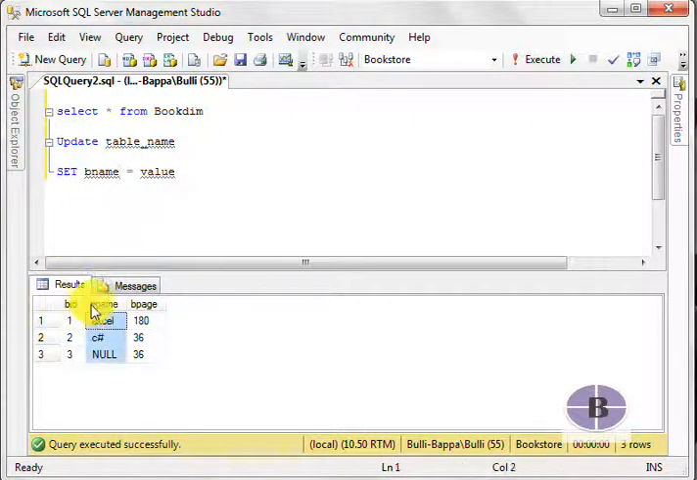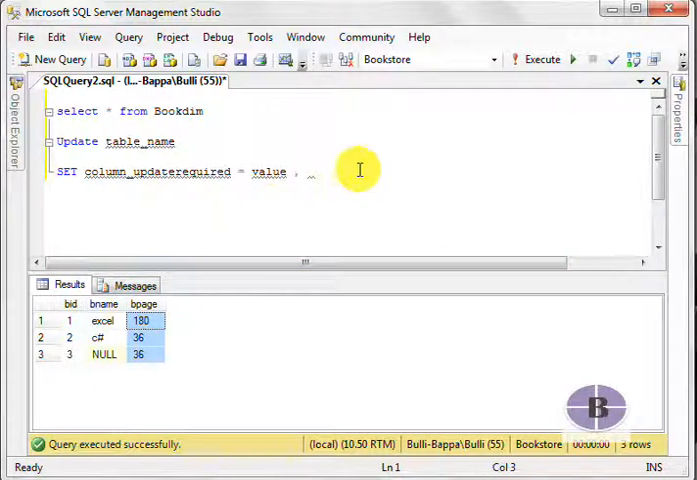So here set. Now these are the columns. So here this is to be column, the column in which the value needs to be set, column underscore update required is equal to value, whatever the value. Similarly, if in case you would like also to have the book page, then here you will say column underscore update required to. That means all the columns, whatever you need to mention here, followed by the values, where